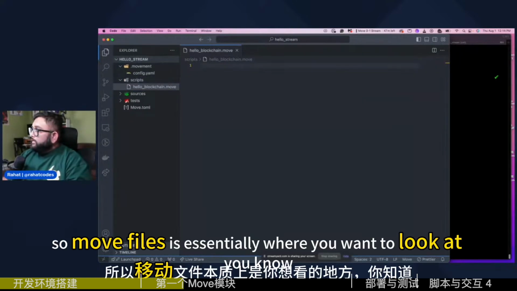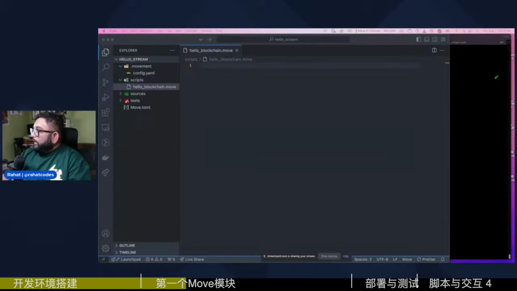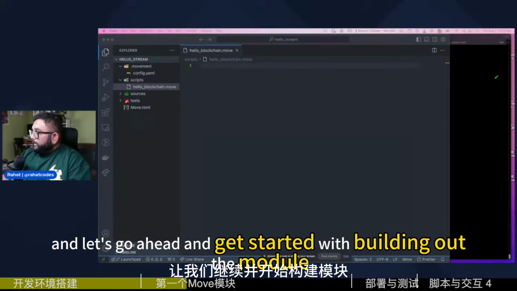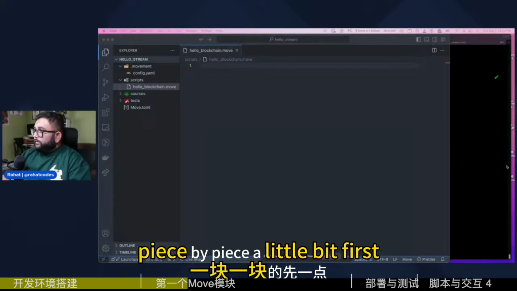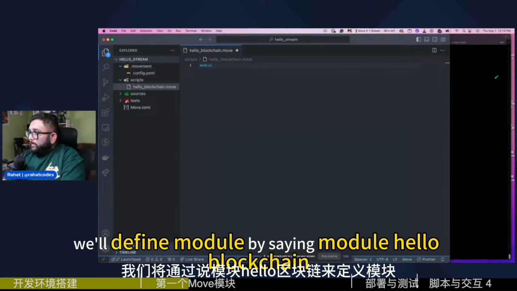Cool. So .move files is essentially where you want to look at building out your module. And let's go ahead and get started with building out the module piece by piece. So we'll define the module by saying module hello_blockchain